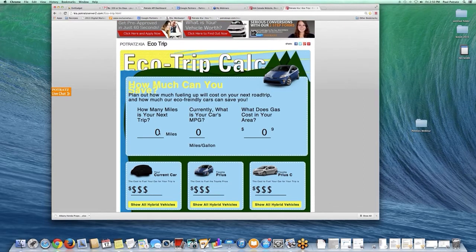So your salespeople can use this, and they can go in, how many miles is your next trip? Well, let's say it's 600 miles for my next trip. Currently, what is your miles per gallon on your vehicle? And let's say I get around 17 miles per gallon. And again, we have numerous different ones. Gas in our area is